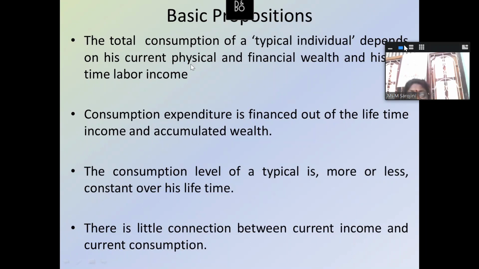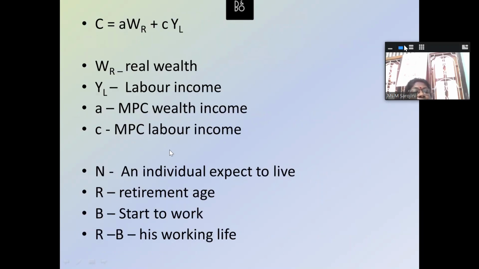The consumption level of a typical individual is more or less constant over his lifetime, right? And there is little connection between current income and current consumption. The balance goes to saving purposes. Based on those proportions, we can further elaborate how that individual allocates his current consumption, saving, or future consumption,